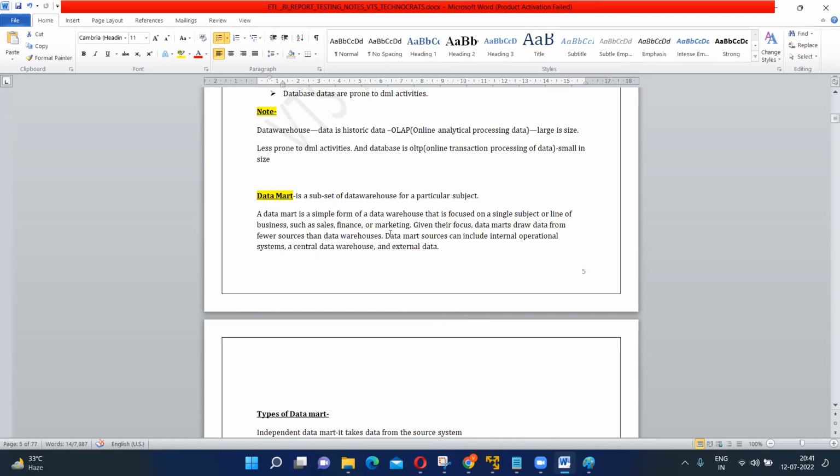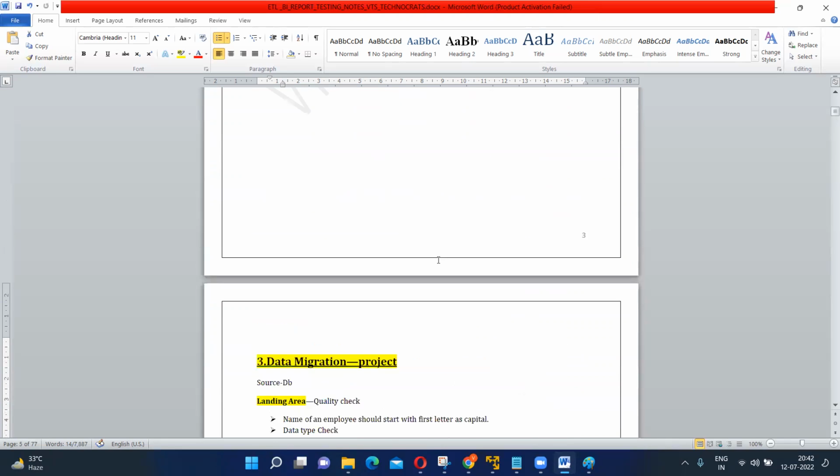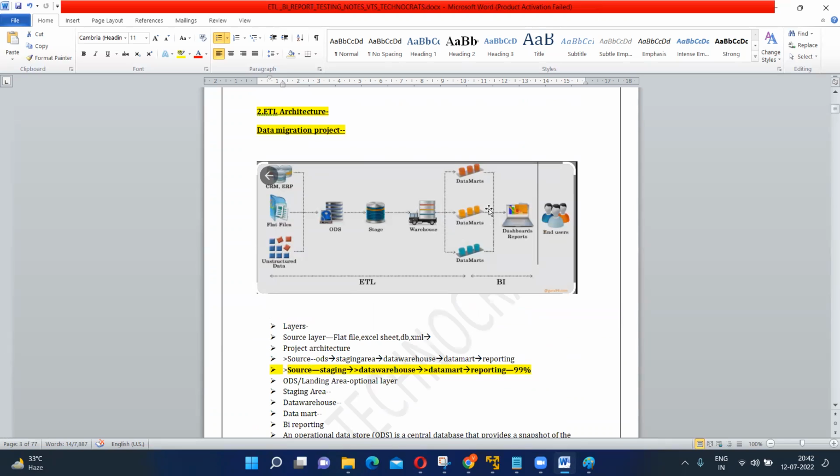Data mart is a simple form of data warehouse that is focused on a single subject or line of business, such as sales, finance, marketing. Given the focus, data marts draw data from fewer sources than a data warehouse. Data mart sources can include internal operational systems or the central data warehouse, and external data. There is a type of data mart that we will learn later, guys. As of now, a data mart is single subject oriented, because in a